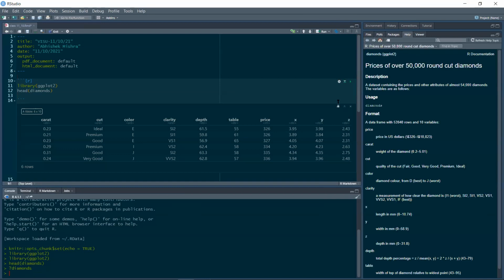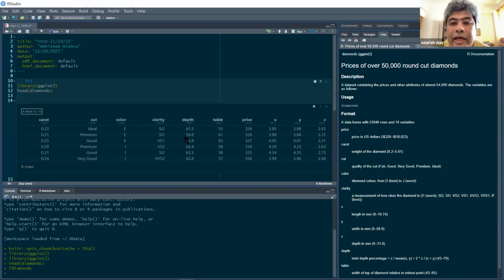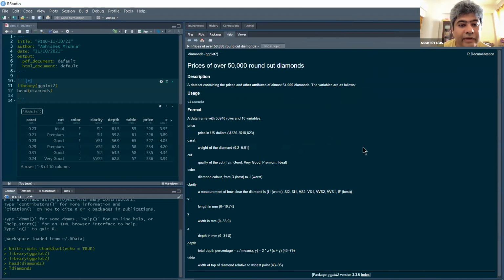Here, this is the dataset that we are going to use for today's class. It is available in ggplot2. It has about 50,000 rows, and for each row they have the price and some features like carat, cut, color, clarity, and the size of the diamond in x, y, z, like length, breadth and height.